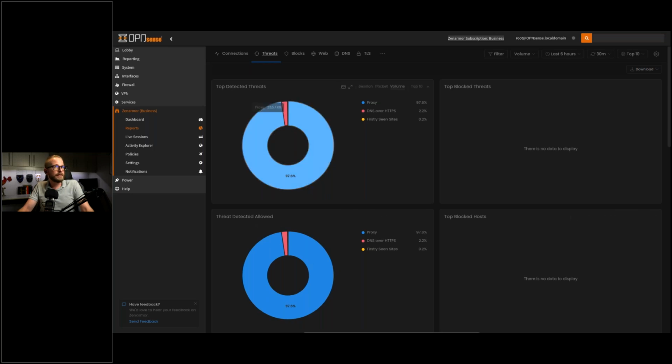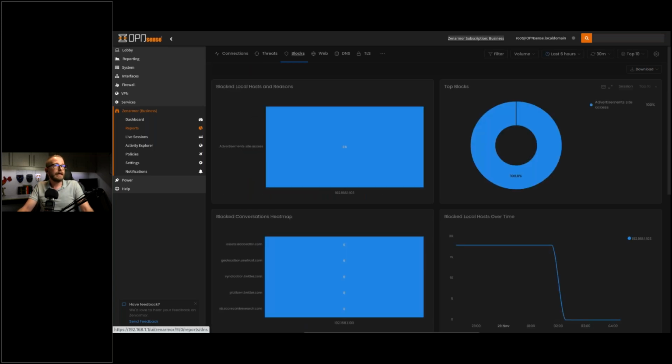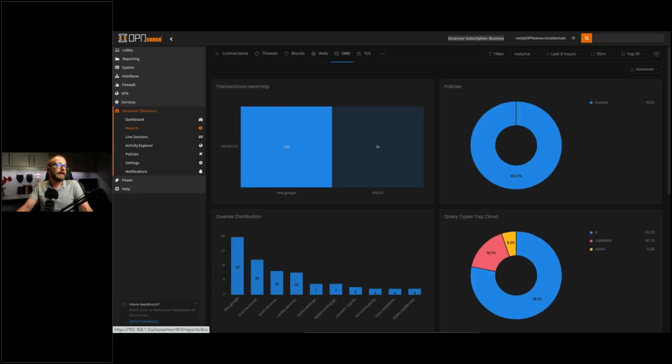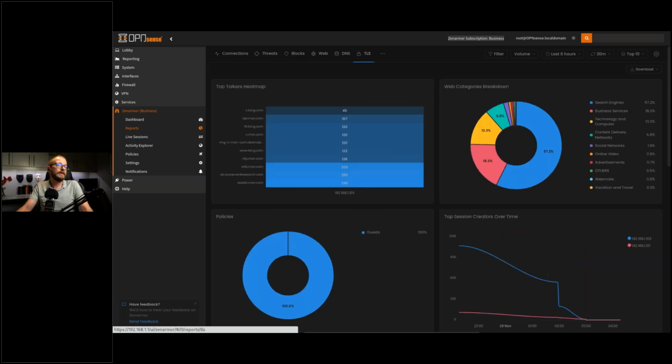But in this particular section of the reporting, you can see anything ranging from malware to phishing attempts to botnets calling home to their C2 infrastructure and various things. The same applies for our top blocks. So this is all the blocked traffic that we would have on our network. If ZenArmor detected anything that it deemed it needed to block, this is where that information would be. And then the other is pretty self-explanatory as well. We can split it down into our web traffic, our DNS requests, and then also a bird's eye view of the TLS, top talkers, and so forth on our network.